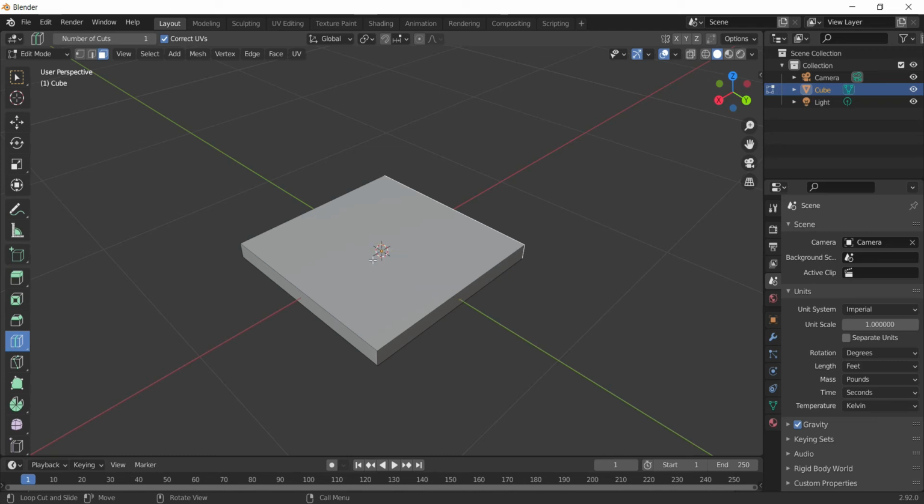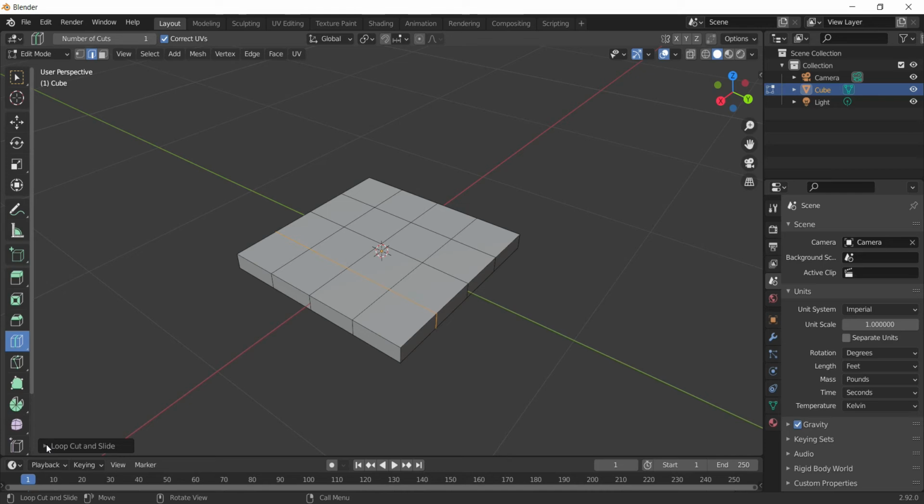So when I bring my cursor towards any of the edges, it indicates that from that particular edge you can insert a cut. Here it is showing you. If you bring the cursor in the center, then it will not indicate, because it needs the information of an edge from where it can insert the cut. So you need to bring the cursor towards the edge, and see, you can even insert a cut on this edge as well, along this edge. So I'll click here, and it can insert the loop here.